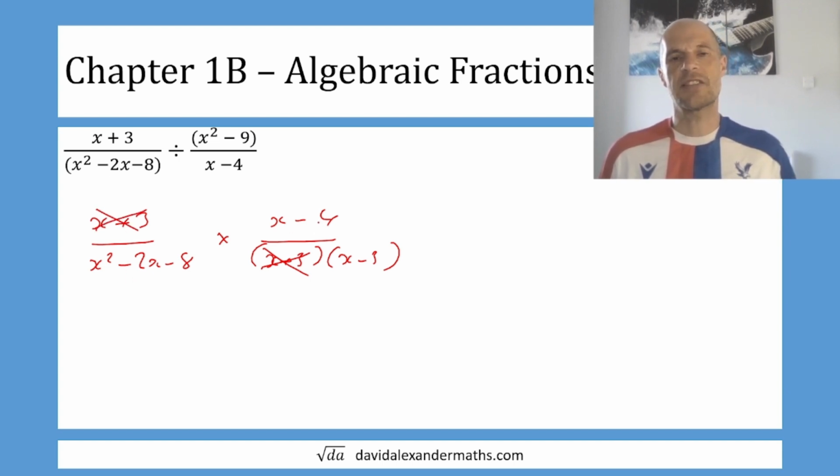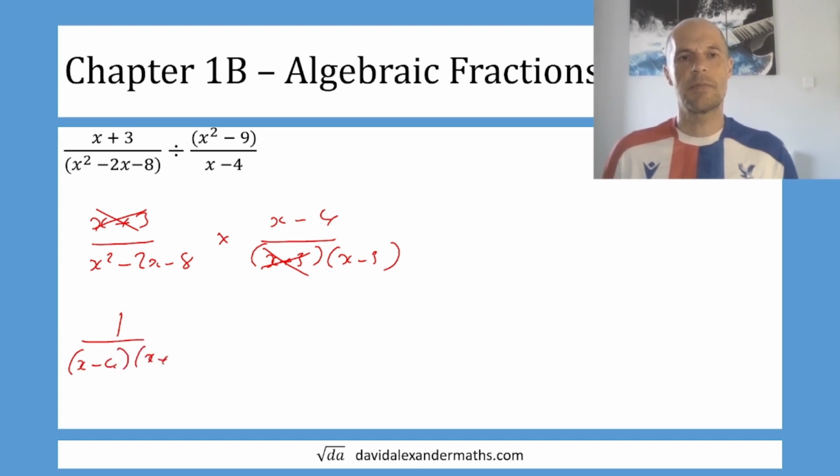And given that this is an x minus 4, I'm expecting the x squared minus 2x minus 8 to factorise to x minus 4 and x minus something. Well, let's just take a look at that. So we've got a 1 on the top here. So that's going to be, let's try, factors of 8 that give us negative 2 is 4 and 2. So it's x minus 4, x plus 2